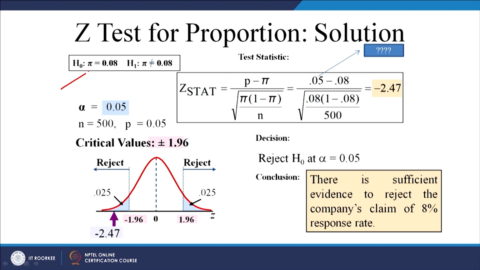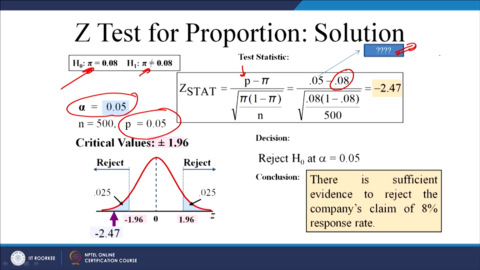So, this is your null hypothesis, population proportion is 0.08 and it is not 0.08, right. Now, this is your sample proportion, right, and how did you get this p value? Since pi is known, it is 0.08, it is 8%, it is there in the question itself. So, this is 0.05 alpha and this sample proportion is 0.05. How did you get this?